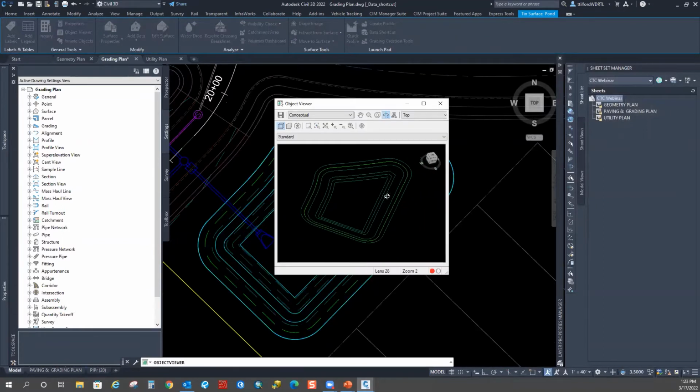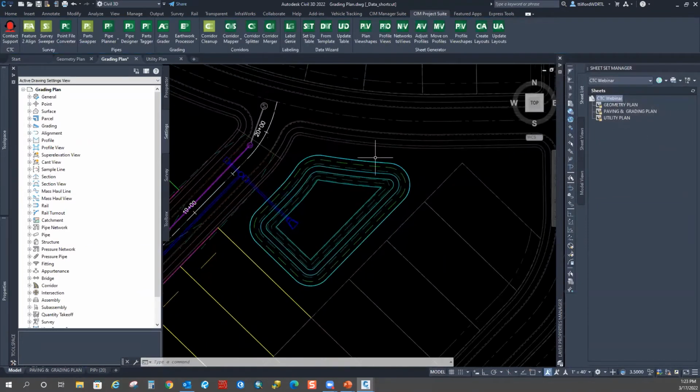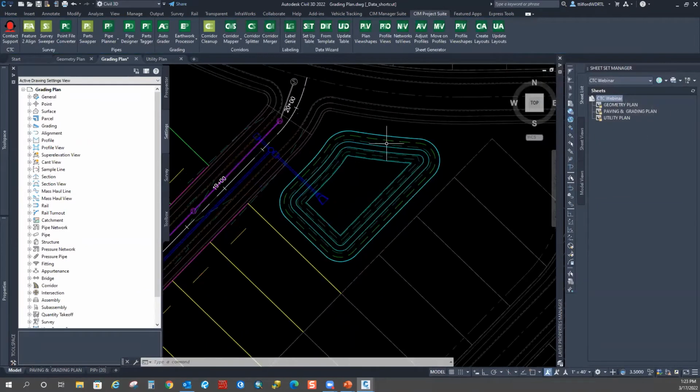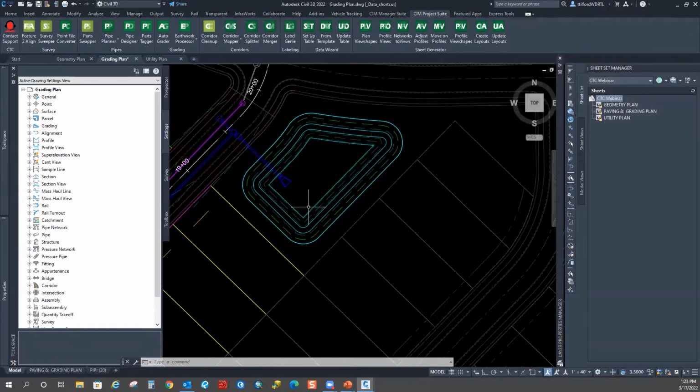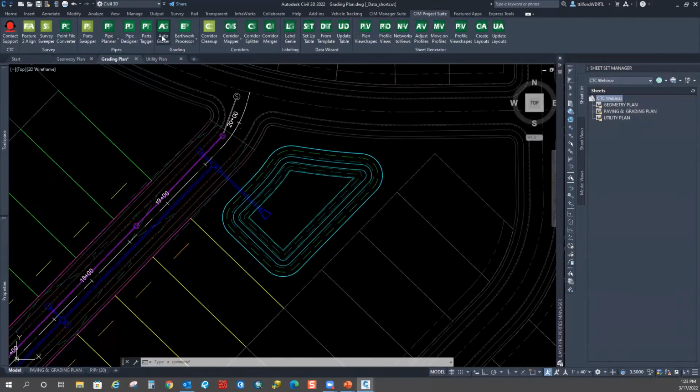Let me just show this all the time, but you can see where it's updated this pond. So it gives you a dynamic pond that you could start to know what's your stage storage and how to size this. And this could be changing all the time, but all I have to do instead of doing these offsets and adding to that pond is come back to the Autograder,